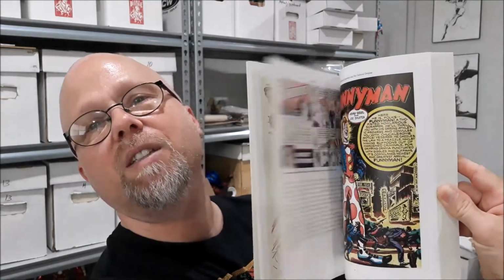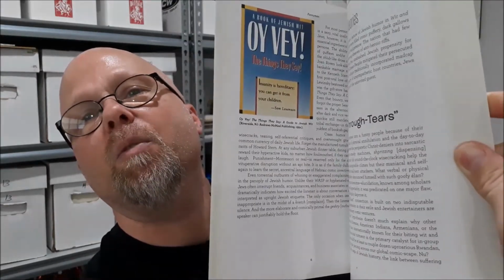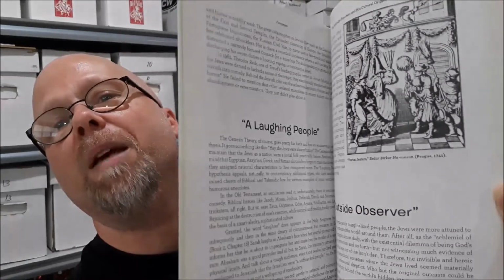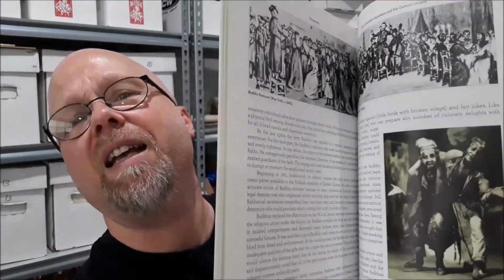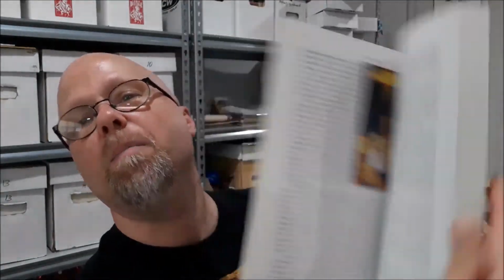I don't know. I do know what's interesting about this book, and I'm not sure how much attention I will give to a lot of the history, but they go through a narrative history of Jewish humor, which is interesting. As you'll see, some of the photos have nothing to do with the comics, but have everything to do with Jewish humor, the people. It's just kind of an interesting study, which I don't know that I'm that interested in Jewish humor and the history of Jewish humor, but as a kind of a prequel to the strips, they do put a lot of